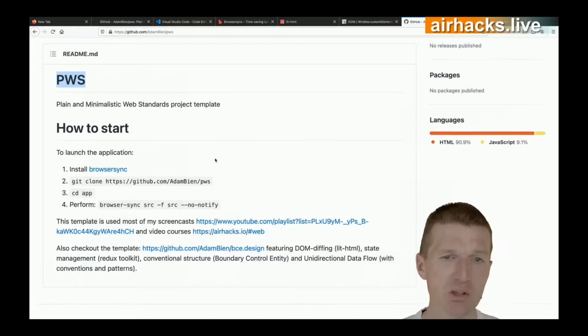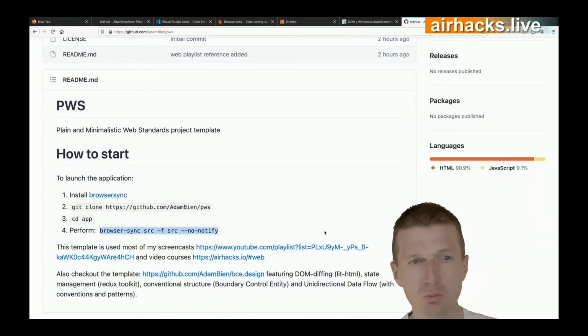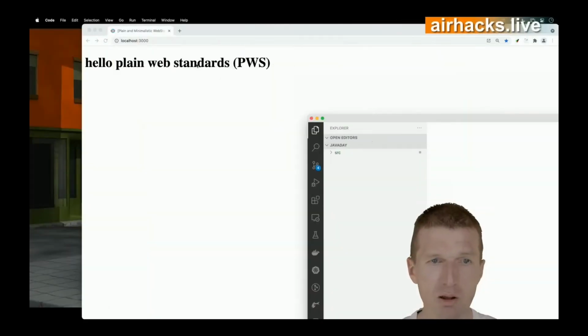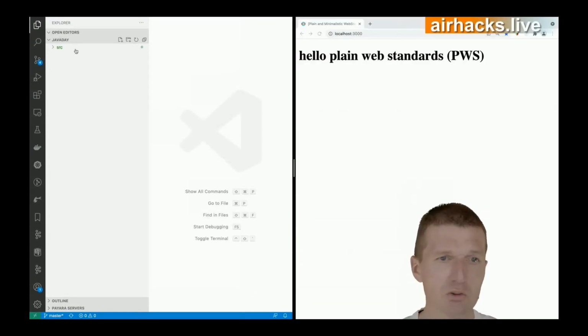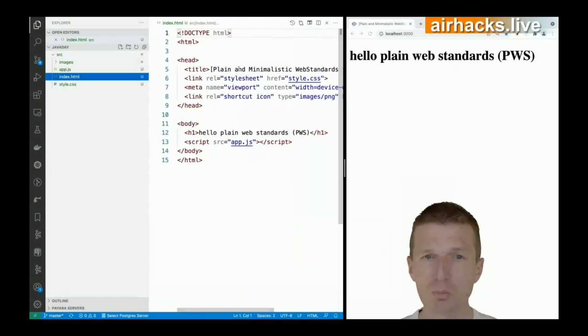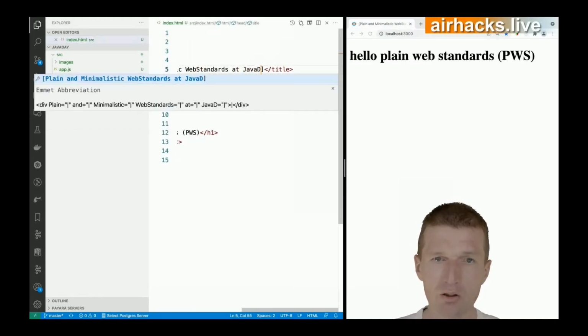So what happens behind the scenes? This template was cloned, and then browser-sync was started. This is what my script also does. Okay, now we have the script, and now very briefly, I would like to show you what a web component is, and then I will switch to best practices. So that's the idea. This template comes with, and what browser-sync does, I could say at JavaDay,